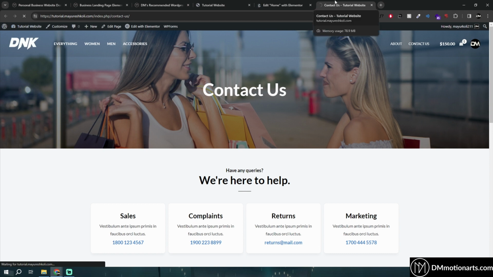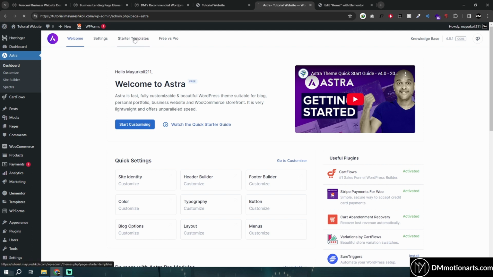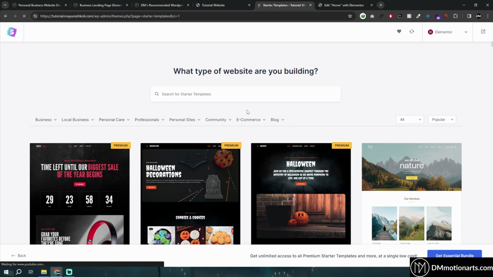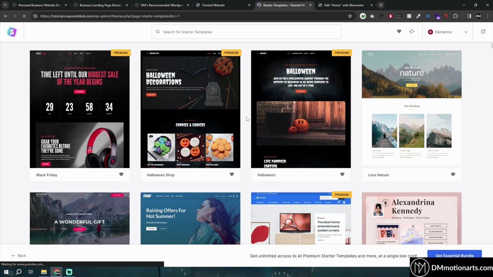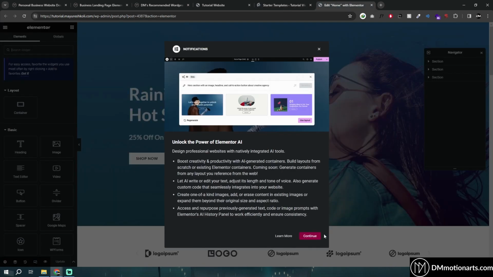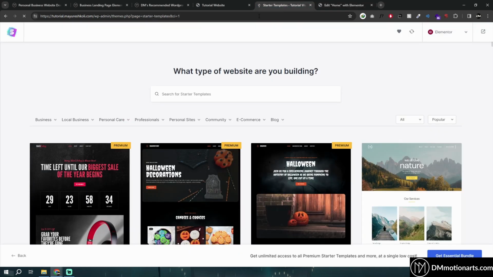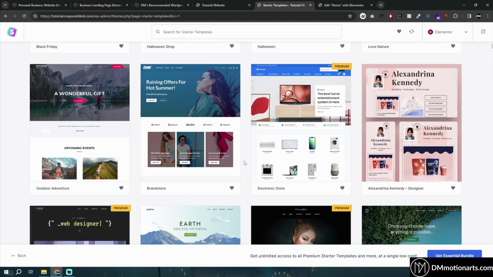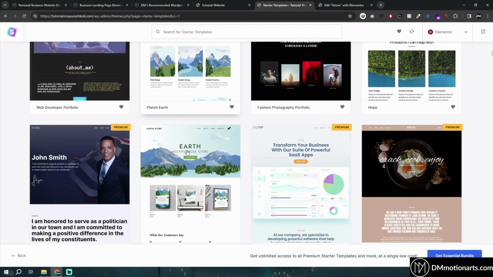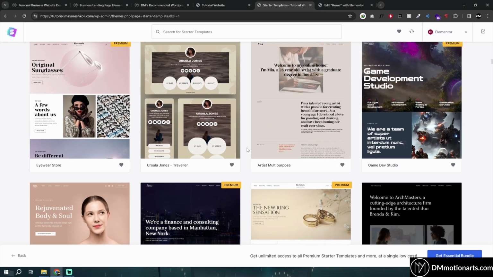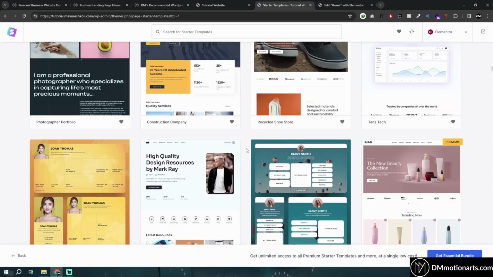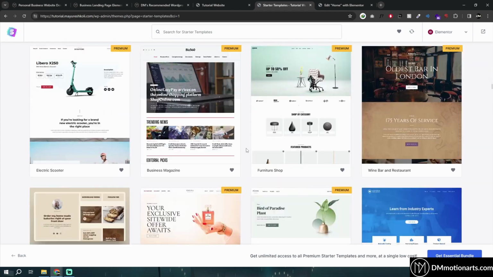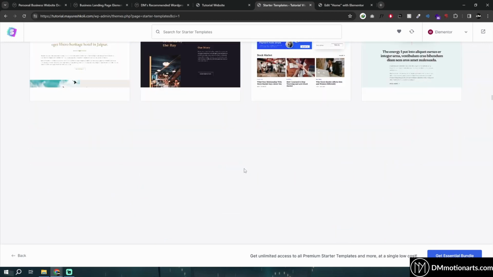And you could also use so many templates from the starter template library. So if you go into Astra and click on starter templates, you could actually try other ones too, but make sure that you only choose it once, because it will keep adding different pages again and again. So it would just make more images, more pages, more products again and again. And here you could choose anything that you want. You could see all the starter templates are free, and then you could use it.